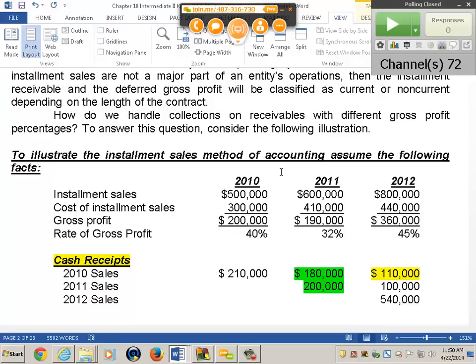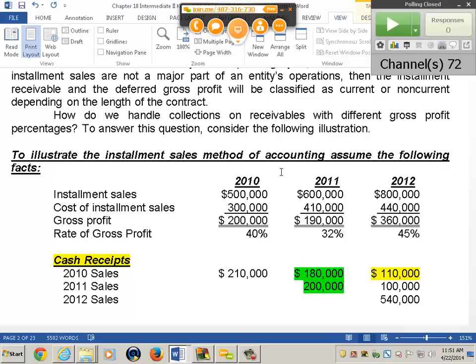All right, let's see if you really understand this. One last question for you. How much gross profit do I recognize in 2012? You collected how much? It's highlighted in yellow. 110. How much gross profit? 110. Recognize the whole thing. So in 2012, you would collect,